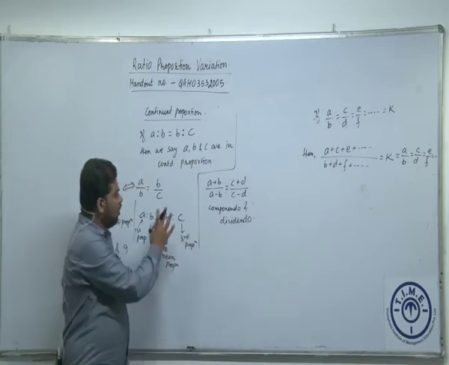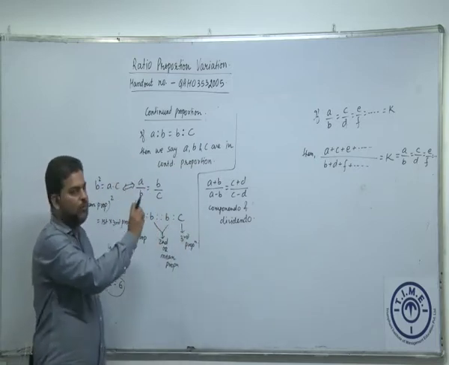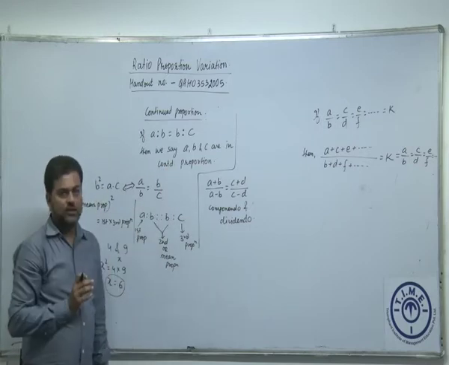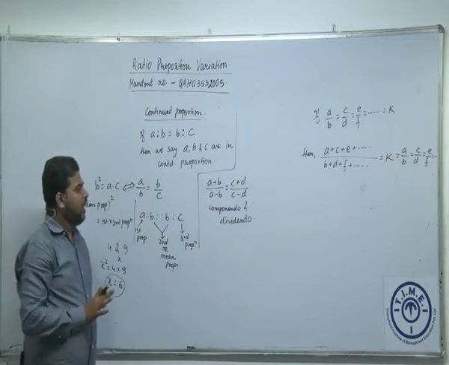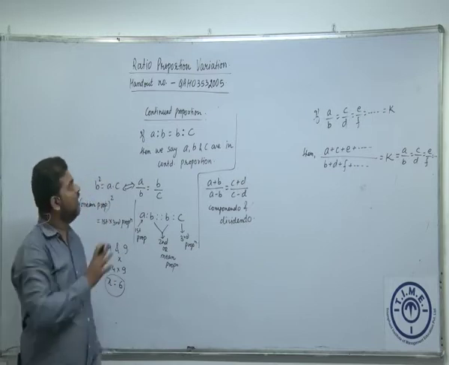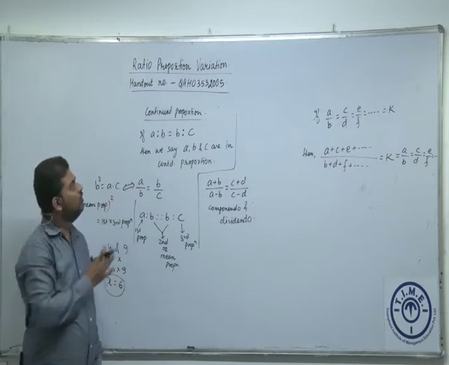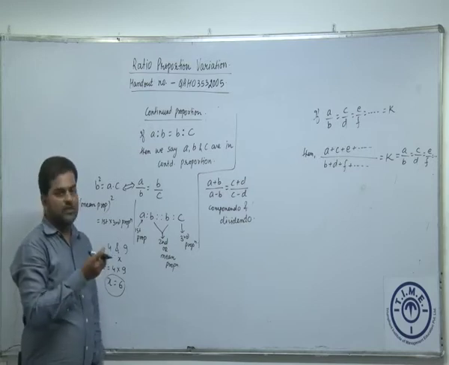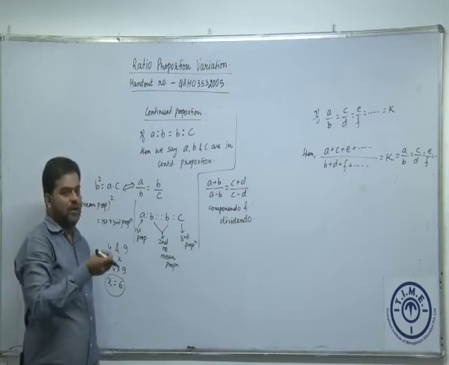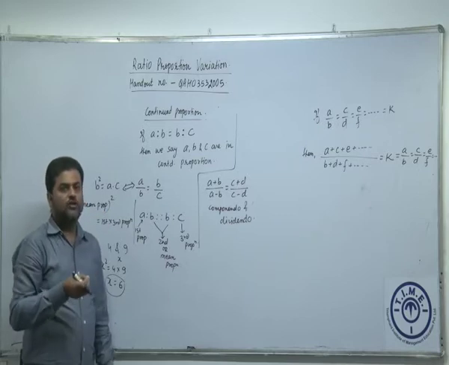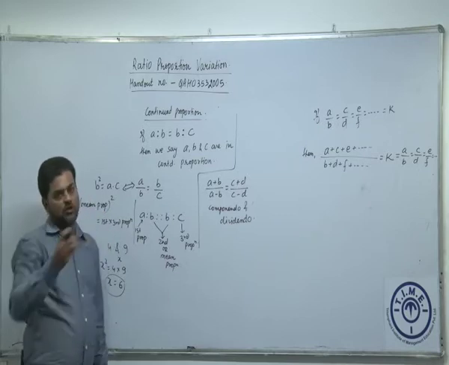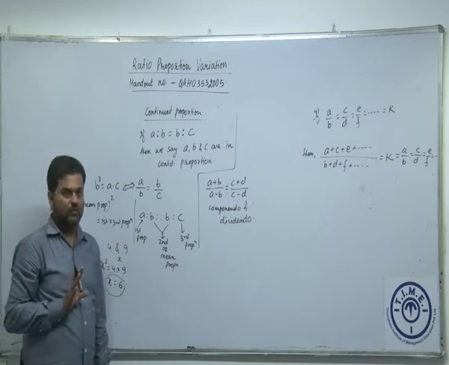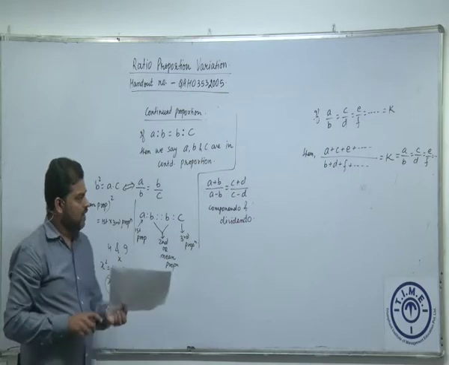So this is all about continued proportion, normal proportion, and this one property. After doing this, we are going to start with the next segment. As you see in the topic, we have three parts: ratio, proportion, and variation. We have covered till proportion. The third segment is about variation, and variation is very important because you will not only require the concept in this chapter, you will also require the concept of variation in some other topics. So if you are good with variation, you will find those topics easy to understand. Shall we start with variation? Let's look at this.